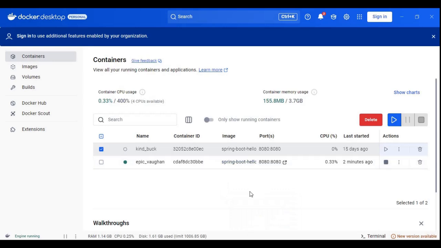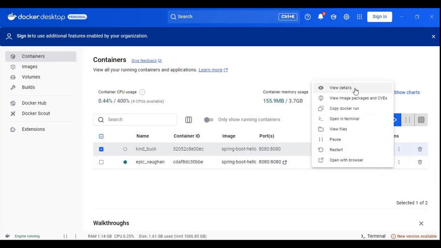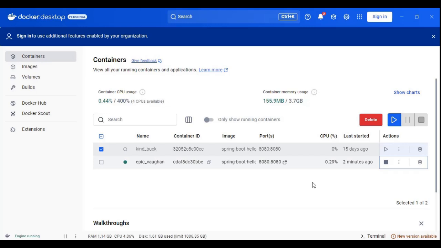Now what is the use of Docker Desktop? You can also install Docker alone, but what is the use of Docker Desktop? You can see this is the active container which is being shown, and an application is being deployed here, right? You can have various actions here. You can delete this container completely, you can pause this container, or you can look at the logs of Docker, to see what is happening and whether the application is running well. You can even see the CPU usage. All the details are present in this Docker Desktop application as well.